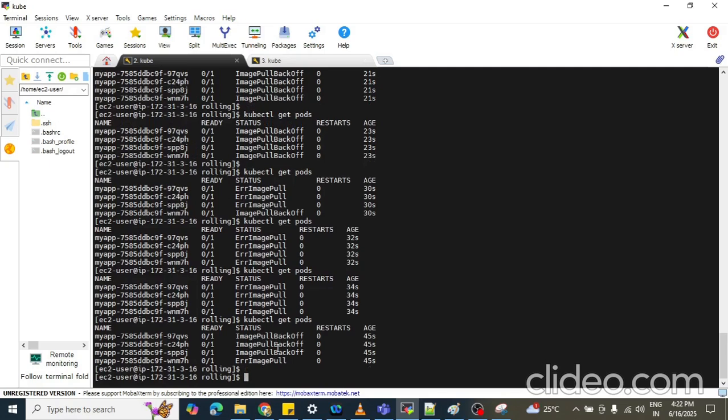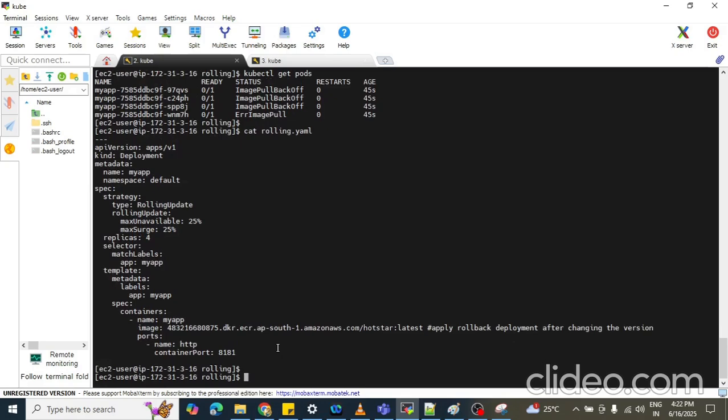The image should be available in our ECR repository, otherwise we will face this type of error. In our repository there is no hotstar latest image, so I need to put that image inside our ECR repository.